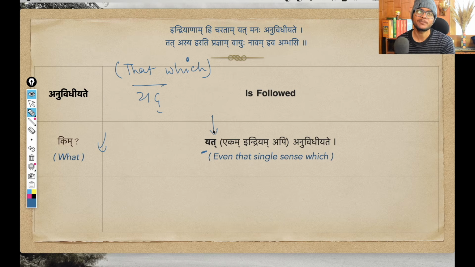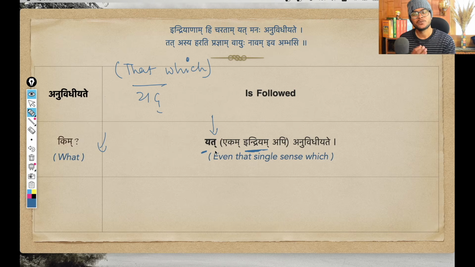But what is this yat pointing to? This yat is pointing to indriyam. The structure of this particular shloka is slightly tricky, because we have to add certain words so that we can get the proper meaning out of it. Otherwise, the grammatical structure does not sit very well when we translate it into English. In Sanskrit it is fine, but without adding additional words, creating a proper structure becomes very tough for this shloka. That is why I am adding certain words that will complete the meaning, so that it becomes easy for us to comprehend the entire shloka.